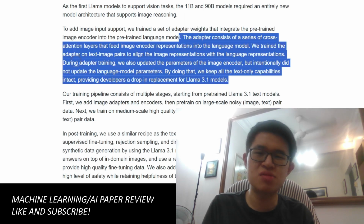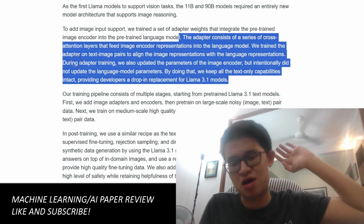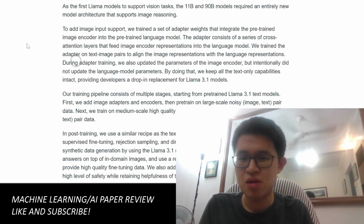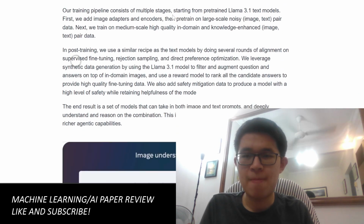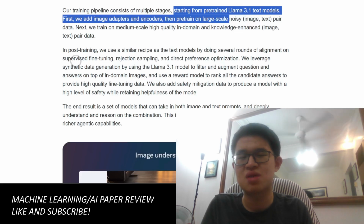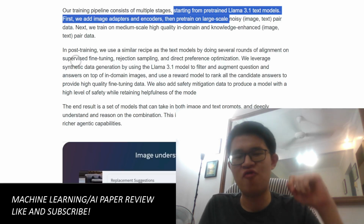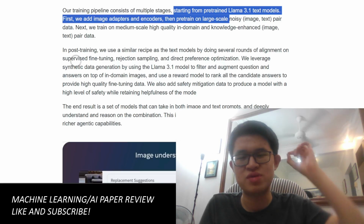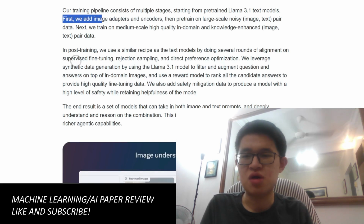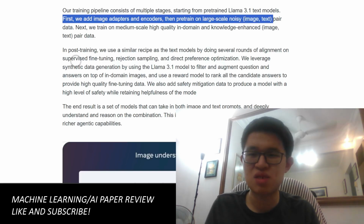Yeah, and this whole set of methods isn't that new, honestly. I've already seen a lot of papers doing the exact same thing, right? So let's go through it. Essentially, they start off with the pre-trained Llama 3.1 text models, and I bet all of the text models except for the 405 billion parameter model, which is their state-of-the-art largest Llama model. Okay, so first they add image adapters and encoders and pre-train on large-scale noisy image-text pair data,